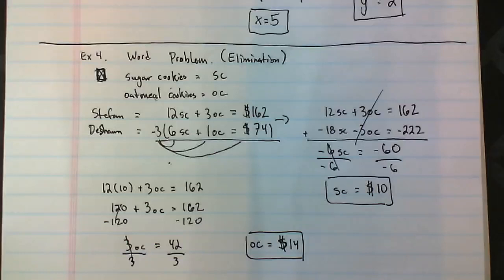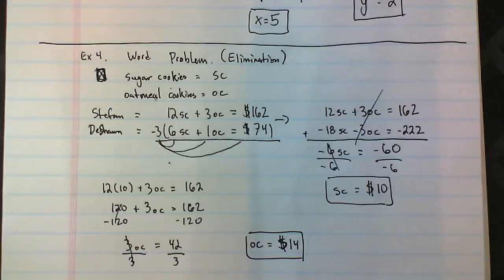So now that I've found what the sugar cookies is equal to, I can plug that back in to find out what the oatmeal cookies are equal to. I'm going to use the original equation up top here: 12 SC plus 3 OC is equal to 162. So we plug in our $10 for the SC here, plus 3 OC is equal to 162. 12 times 10 is 120, plus 3 OC is equal to 162. Subtract that 120 from the other side,